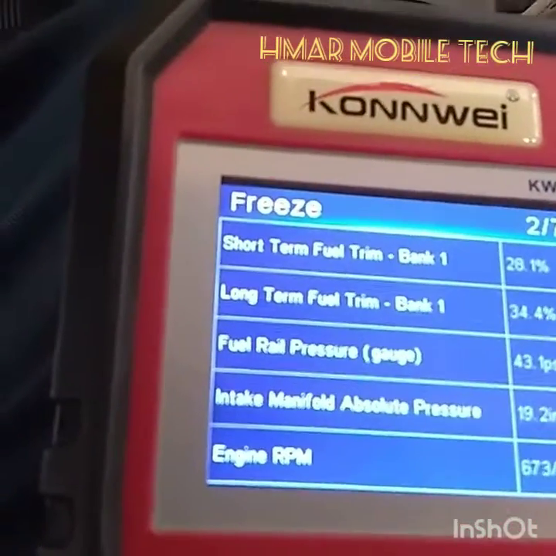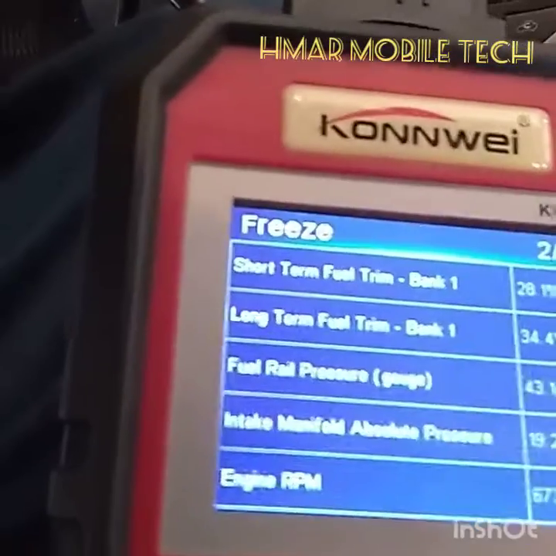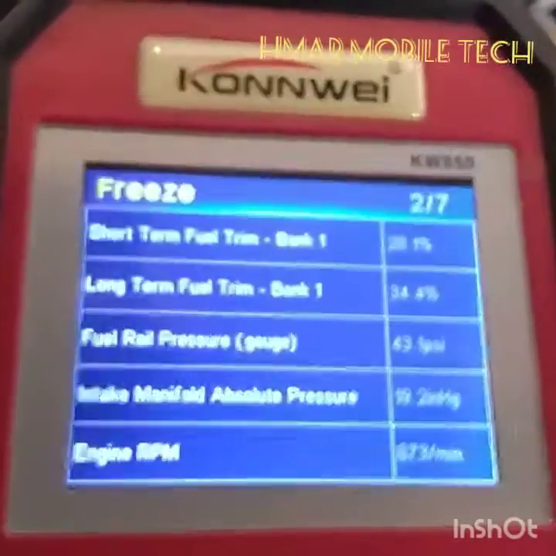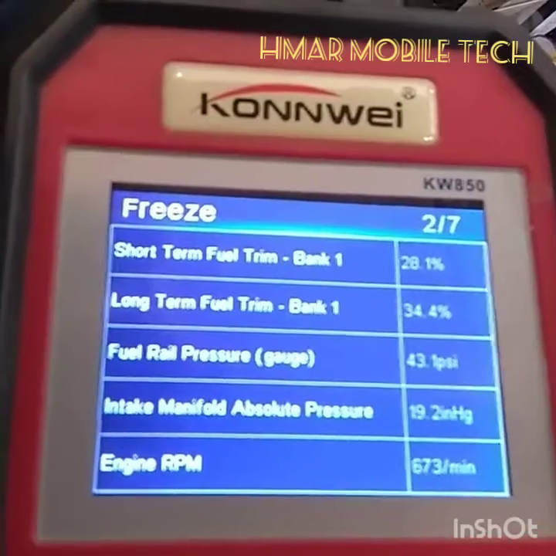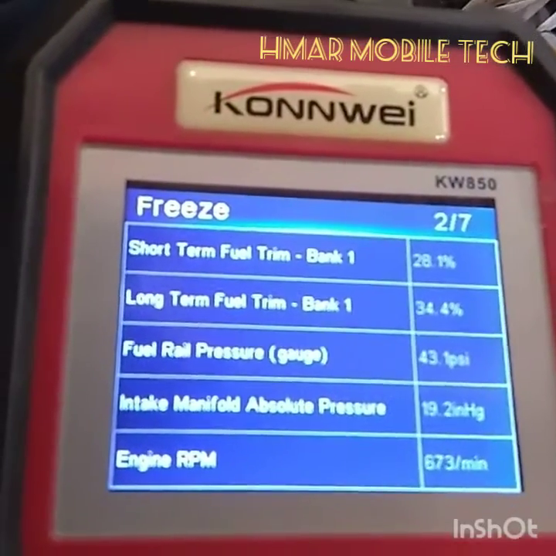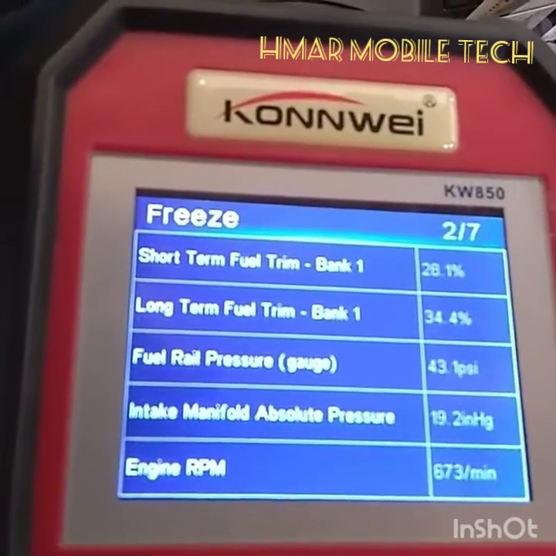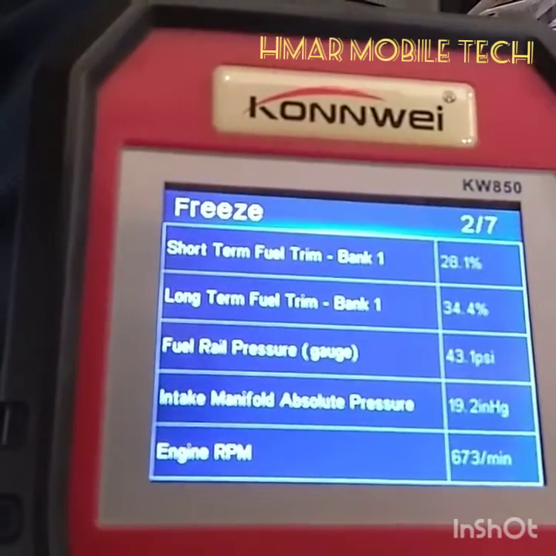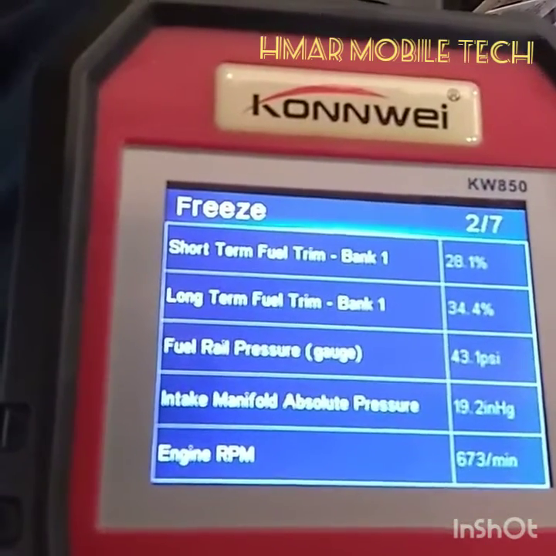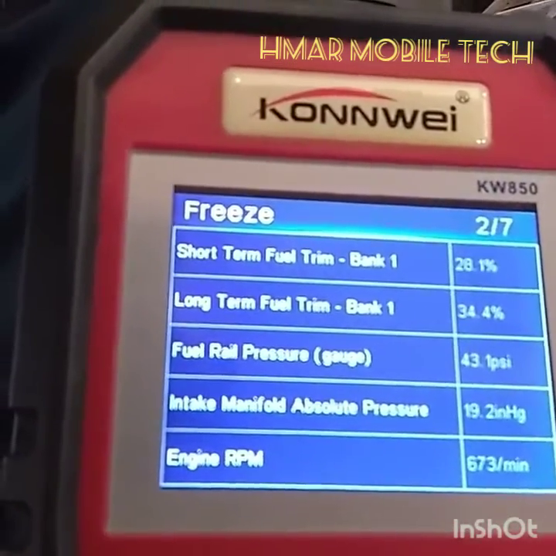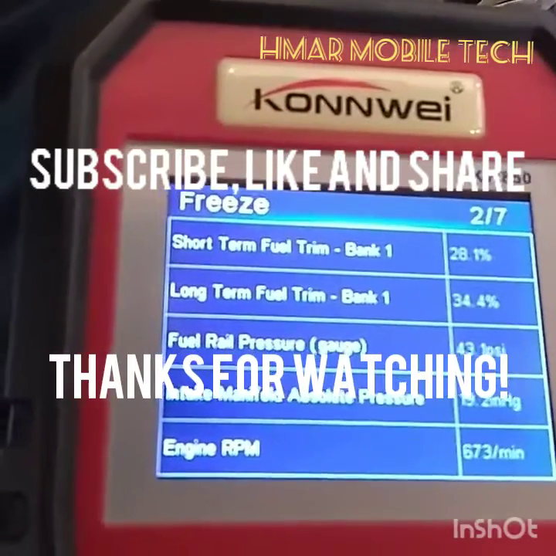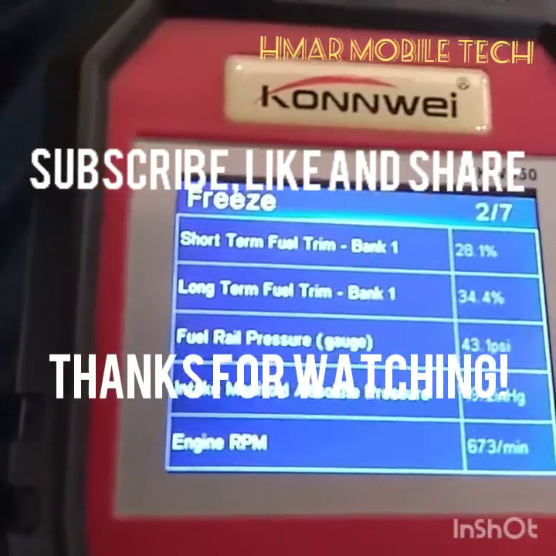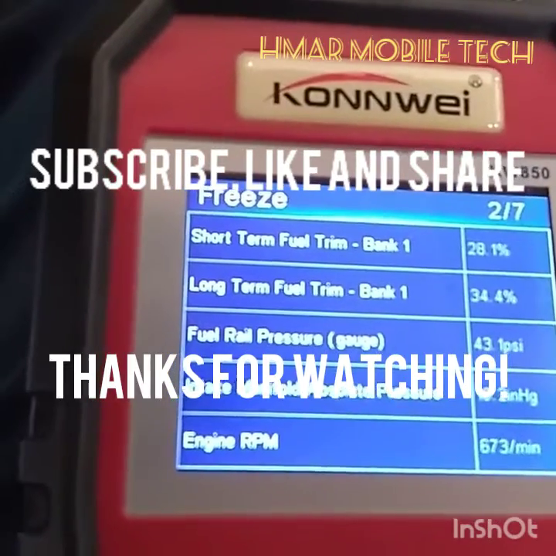It wasn't going very fast and the calculated load was low, meaning the load of the engine and transmission wasn't like pulling on a hill or going up a hill or anything. Short term was 28.1%, long term 34.4%. That's plus, that's adding fuel. Fuel pressure was 43. Intake